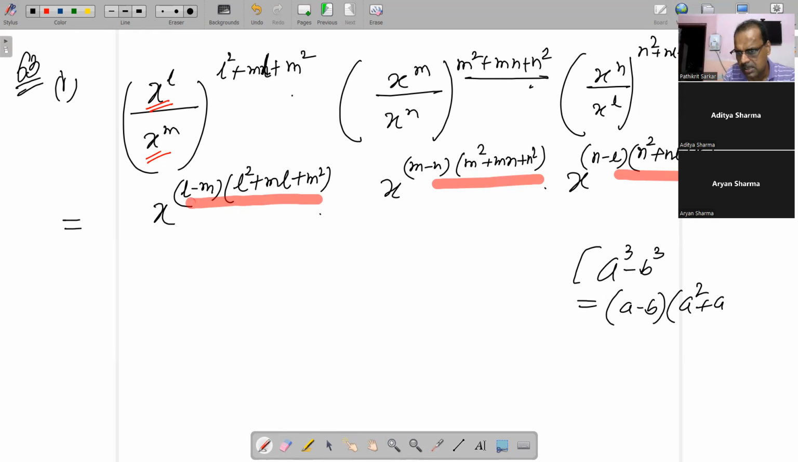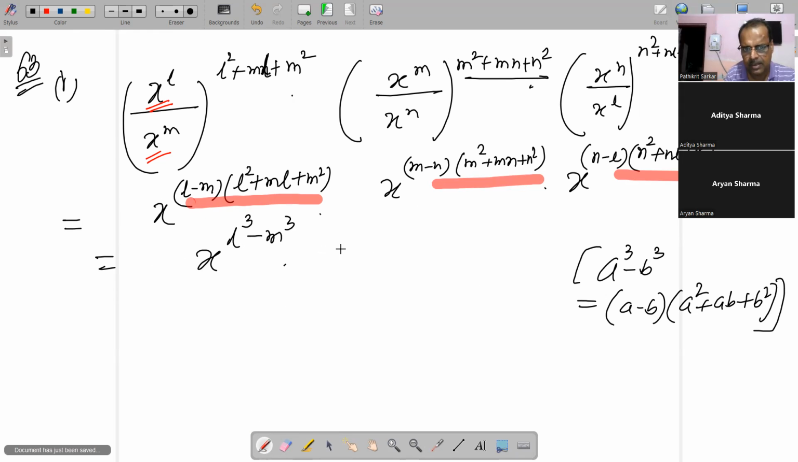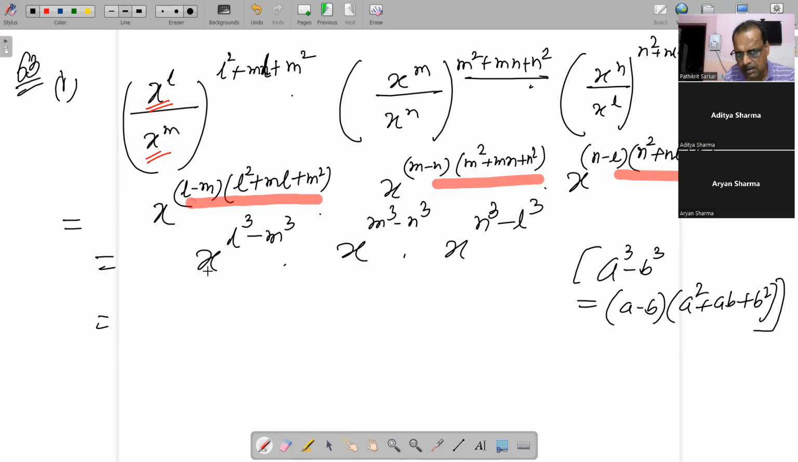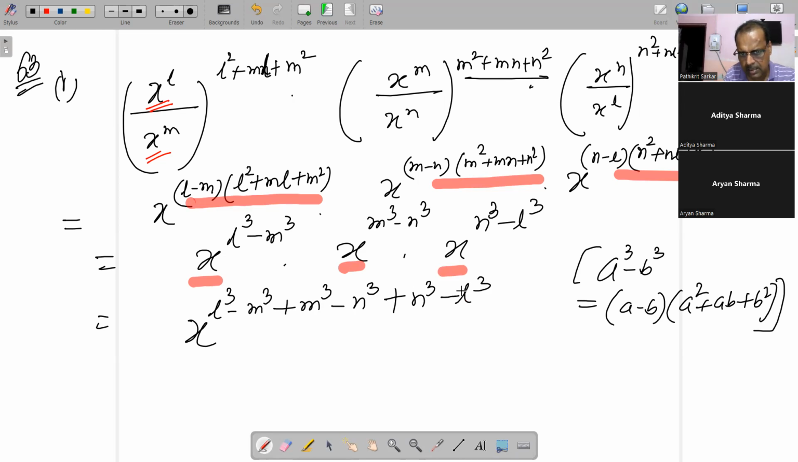into A² + AB + B², इसी फॉर्मूला में है। सो इसको हम लिख सकते हैं x टू द पावर एल क्यू माइनस एम क्यू। सिमिलरली इसको हम लिख सकते हैं x टू द पावर एम क्यू माइनस एन क्यू। सिमिलरली नेक्स्ट पोर्शन को लिख सकते हैं एन क्यूब माइनस एल क्यूब। अभी इसका पावर बेस सेम है बिकॉज वी हैव सीन दैट दिस इज x, दिस इज x, दिस इज x, सो बेस इज सेम। सो वी कैन राइट डाउन एल क्यूब माइनस एम क्यूब प्लस एम क्यूब माइनस एन क्यूब प्लस एन क्यूब माइनस एल क्यूब। सो इसके साथ इसको काट दो, इसके साथ इसको काट दो, इसके साथ इसको काट दो।